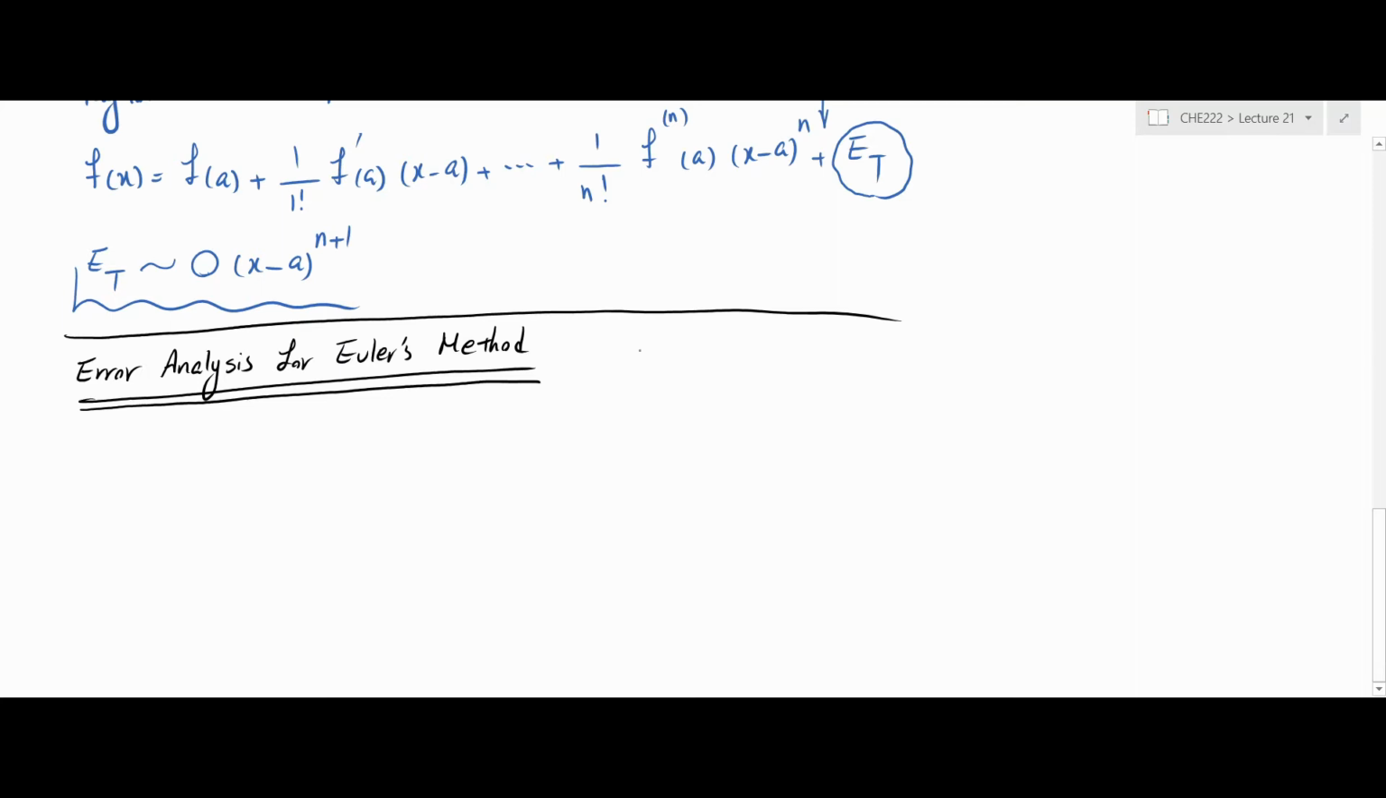So we have an ODE in the form of y prime is f of x and y. And the initial condition is y at x0 is y0. And the step size is h. So if I just rewrite the Taylor series expansion, but this time in the same notation that we use for Euler's method, I will have